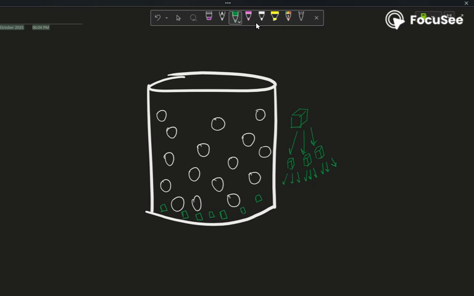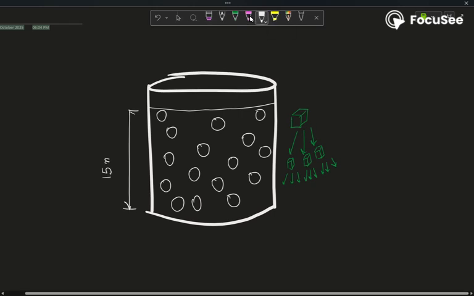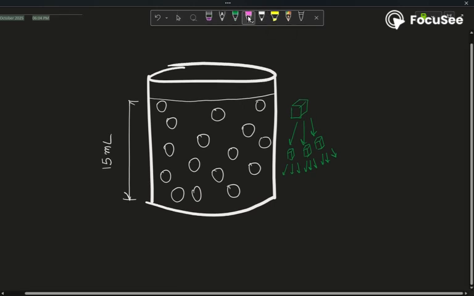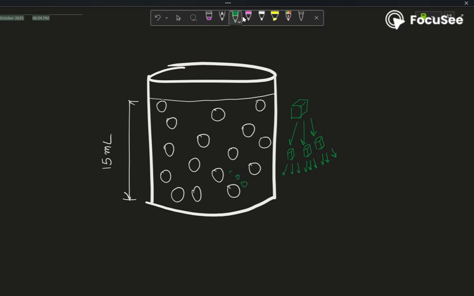Now, where does the sugar go? Does it vanish? Does the volume of the solution increase? Where does exactly the sugar go? You will find that when I add sugar to water, the volume of the solution does not increase. So if the volume of the water was earlier 15 ml, it would still remain 15 ml even after adding 1 or 2 tablespoonfuls of sugar, because sugar particles get dissolved in between the spaces of the liquid constituent particles.